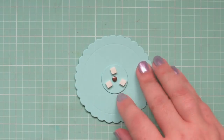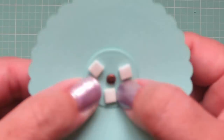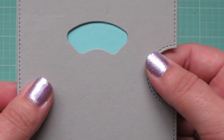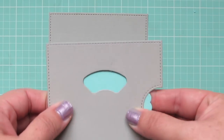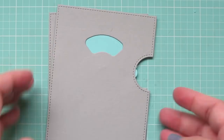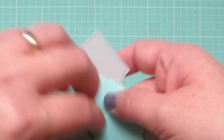sentiments. So you can see that on that larger circle there are some embossed lines. You actually want to add the smaller circle to the back side of that front circle. You're going to need those embossed lines to be on the front. They serve as kind of a guide, so when you line up your panel, you're going to make sure that your embossed line is just above the window and just inside that little notch on the right. So once you have that positioned, you just want to grab the back piece, press that down into place, and then you can pull the front wheel off of the brad so that you're able to do your stamping on